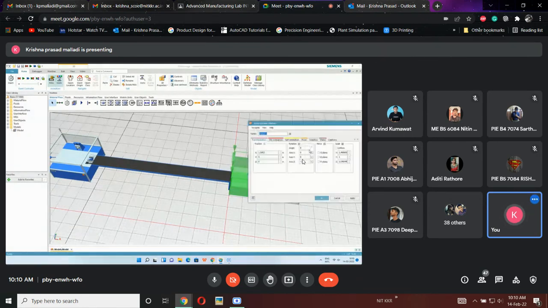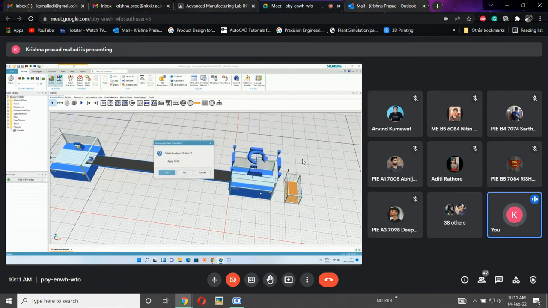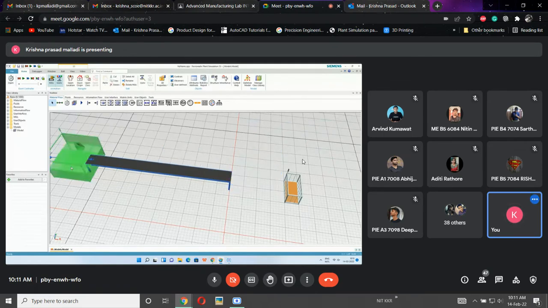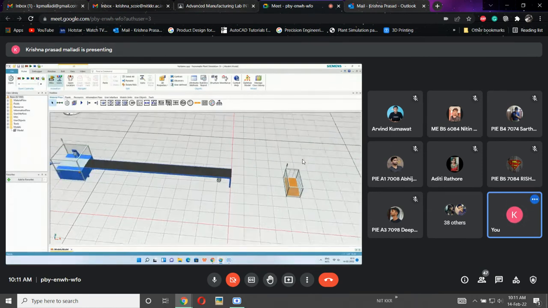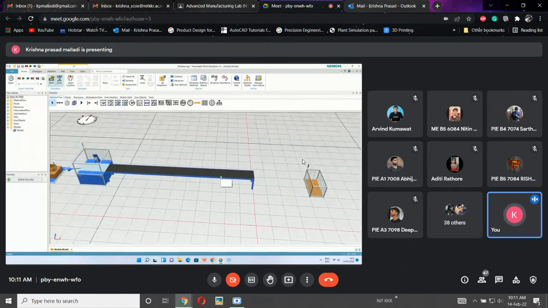So enter into 3D properties. Here you can change the uniformity so that everything will be in equal proportion and related with each other. Here, add 3D properties. Now 1, now 1. Uniform. Apply. But for the conveyor, it is not that much of a